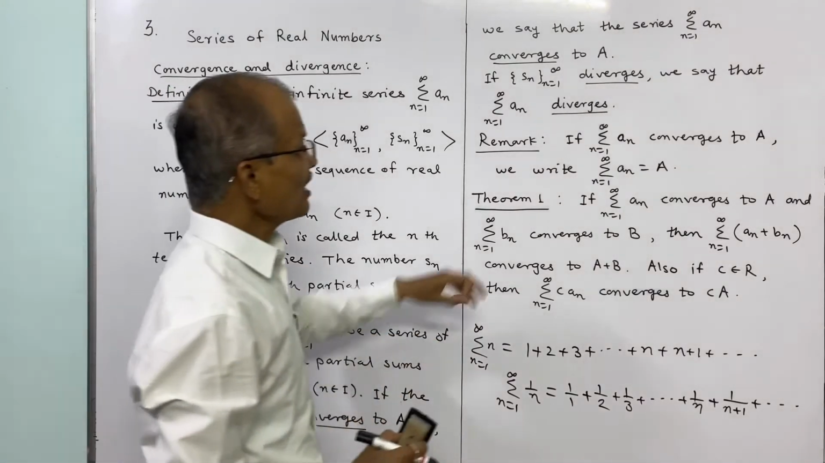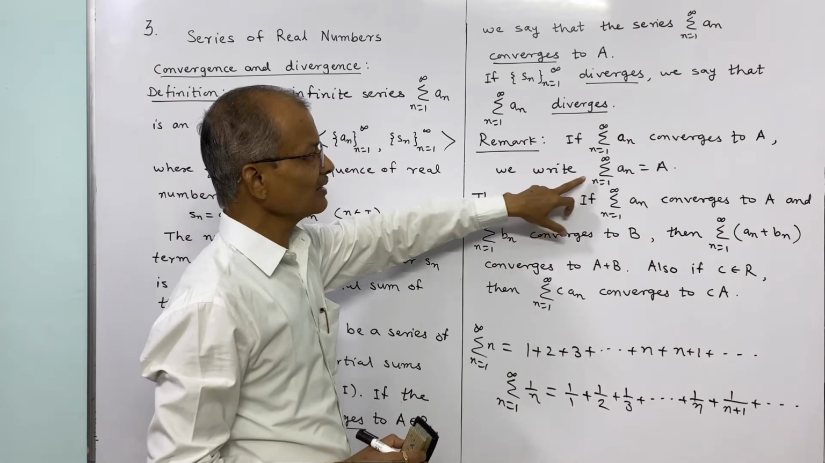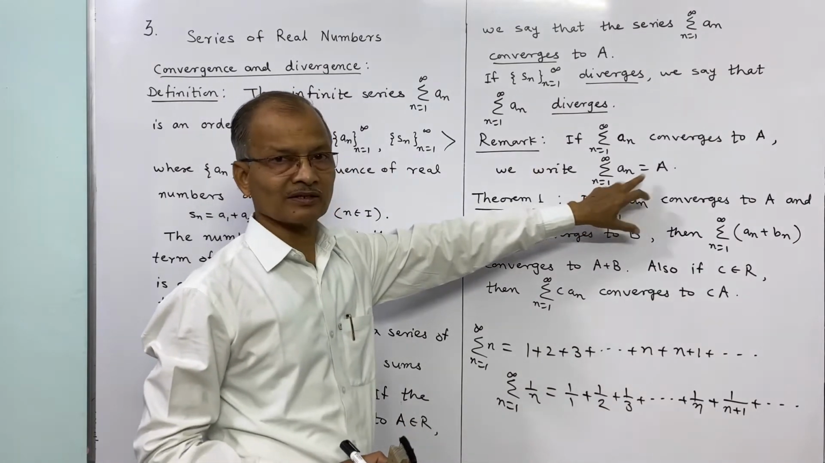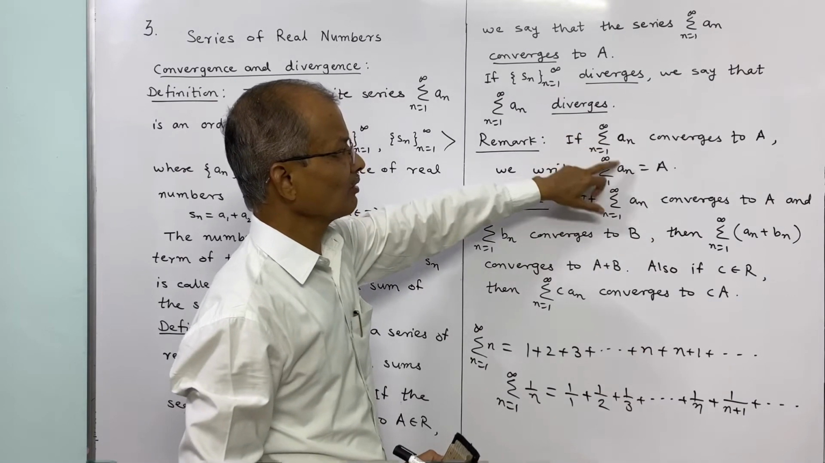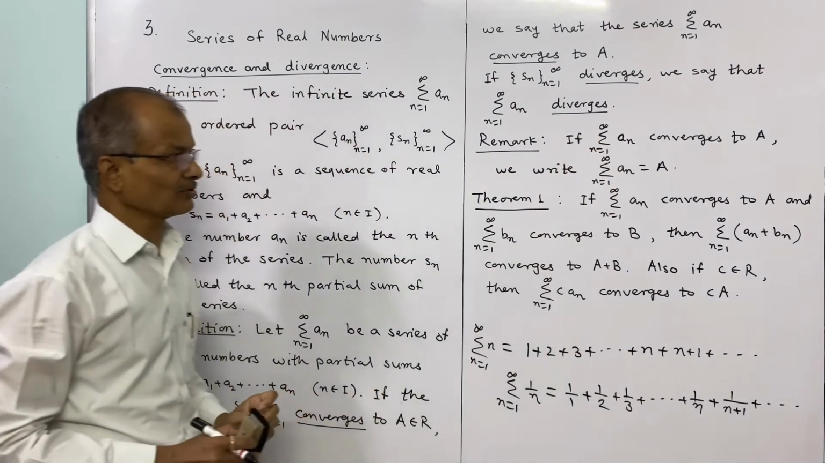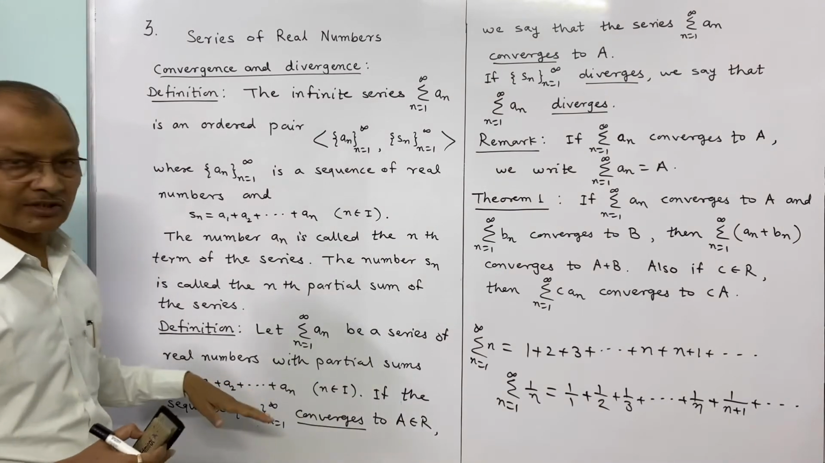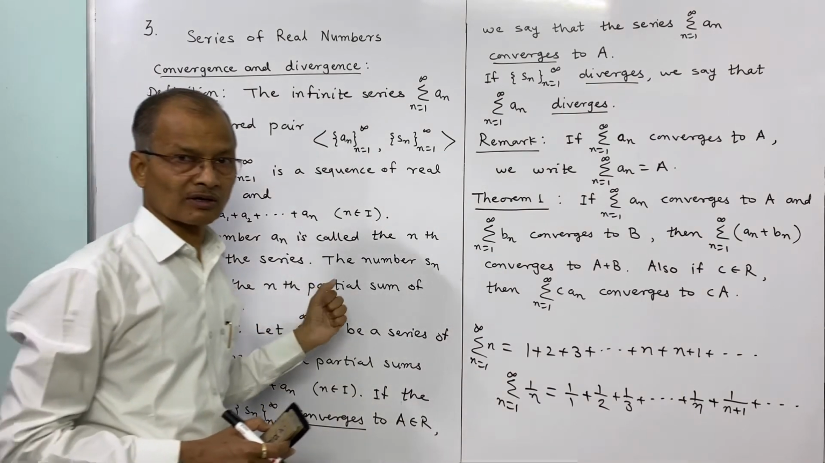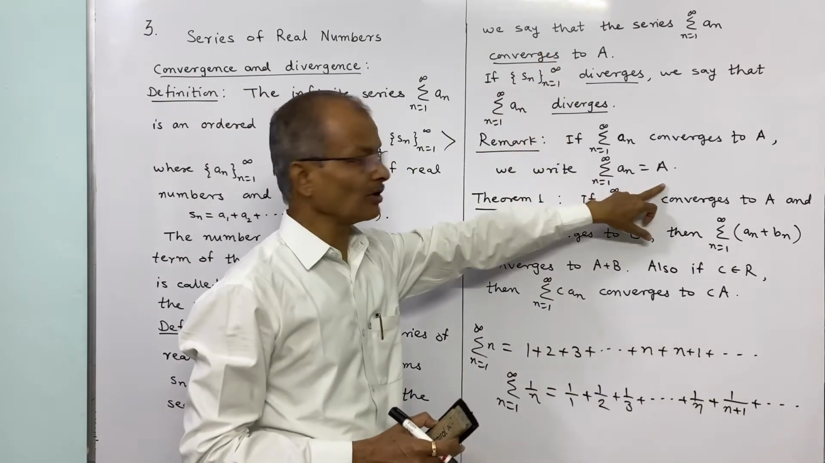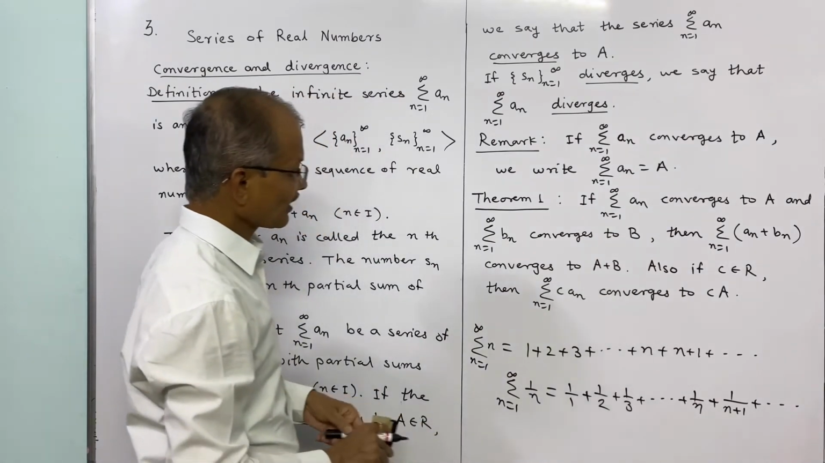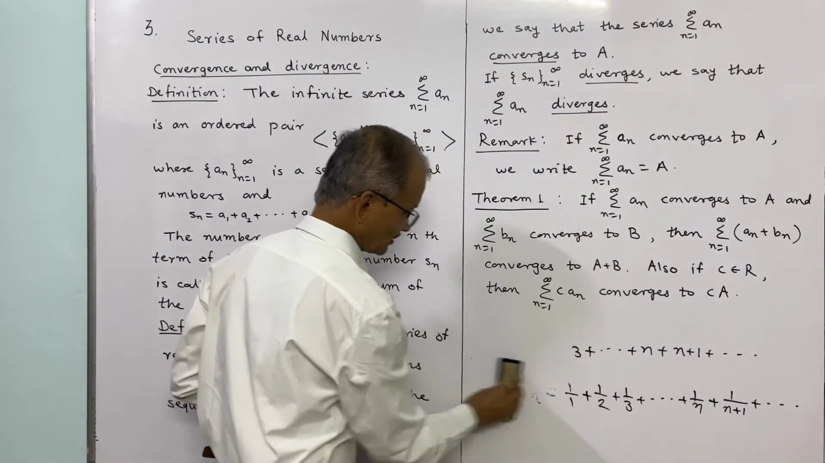And next, if sigma an converges to a, generally we write the sum of the infinite series equal to a. That is the notation for denoting a convergent series. If it converges to a, we write sigma an is equal to a. The sequence converges to a, and that is also considered as the sum of the series, or the sum of the series is equal to a. Now this is our first theorem from this chapter, that is,